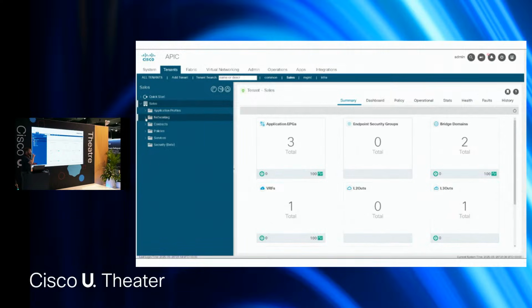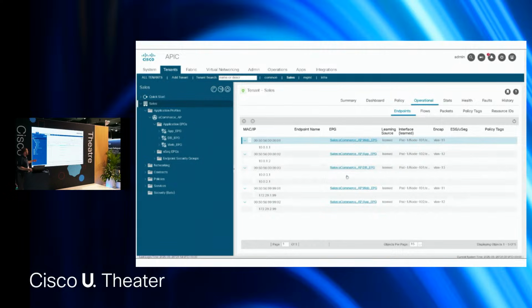So this is an actual fabric, a physical fabric. And the EPGs, there's 3 of them. You have app, database, and web, which is probably in every piece of training material that there is. They've all got IPs and MACs associated with them. There's one that has 2. So the EPGs are already set up.